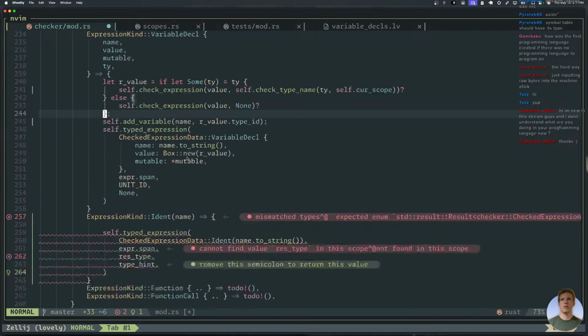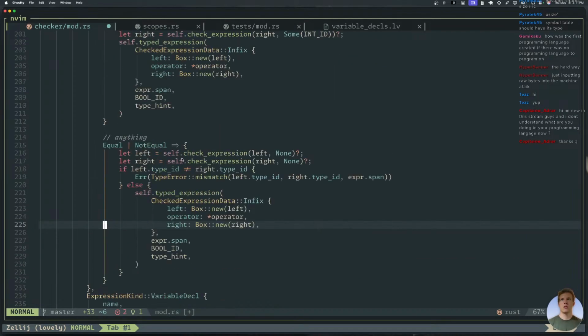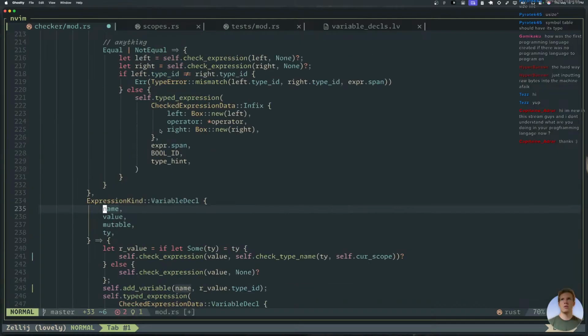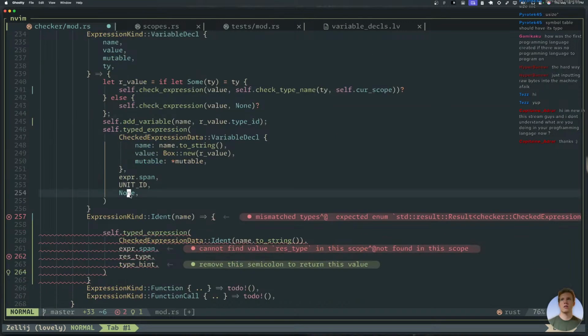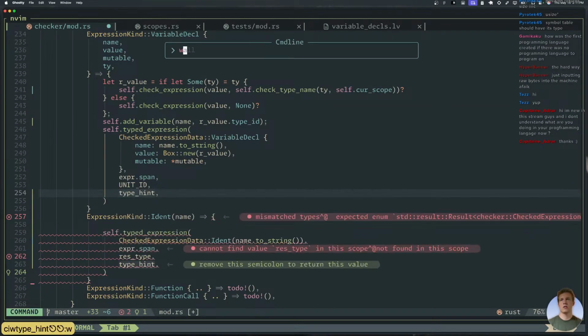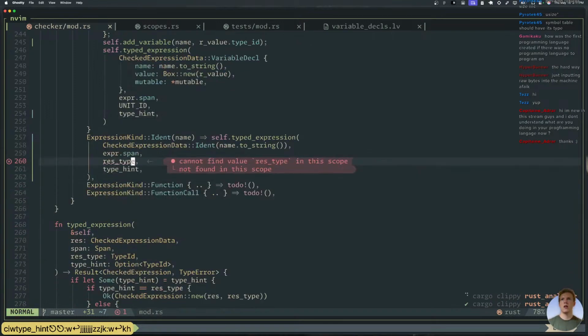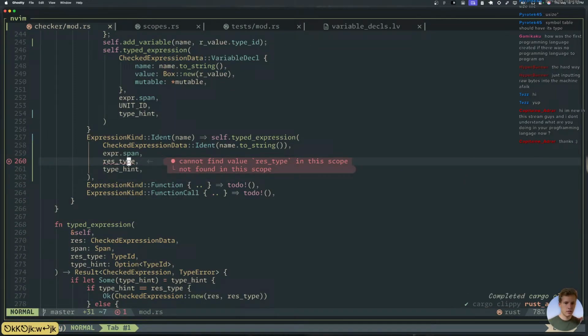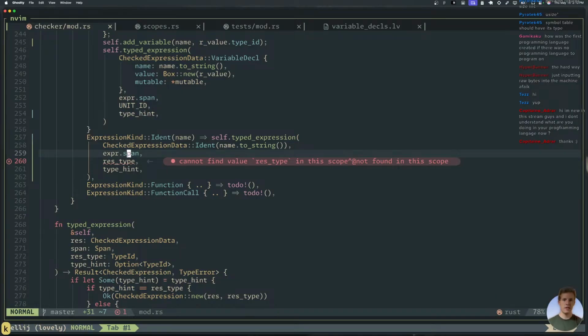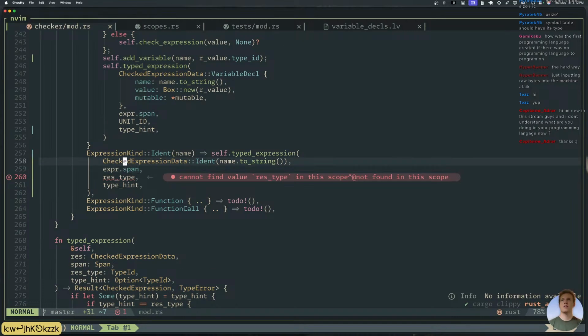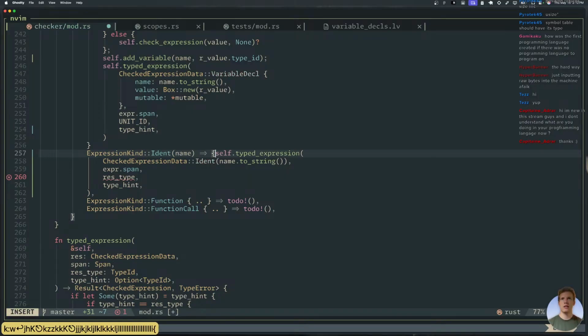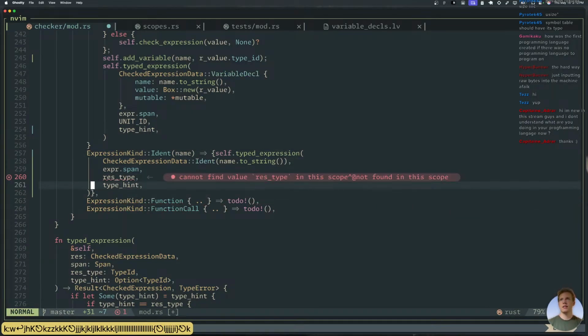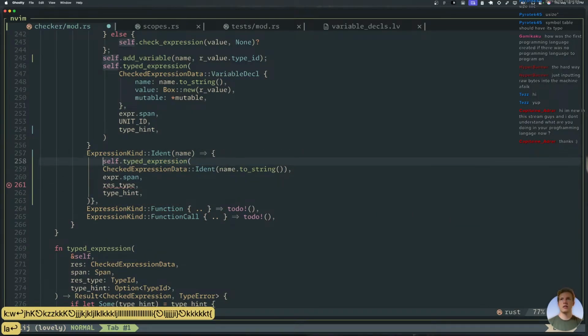Oh, this should have been type hint. The type hint should have gone in here. My bad. Okay. Type hint goes in here. That's good. Okay. Then res type. Thanks. Sure. Glad you're on here. Res type. Yeah, that's what I need to get. So add this here, add this here, add this here, go down here.